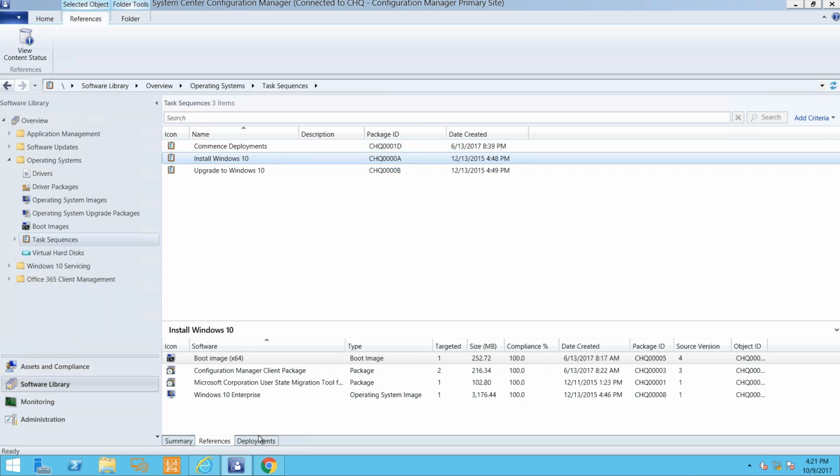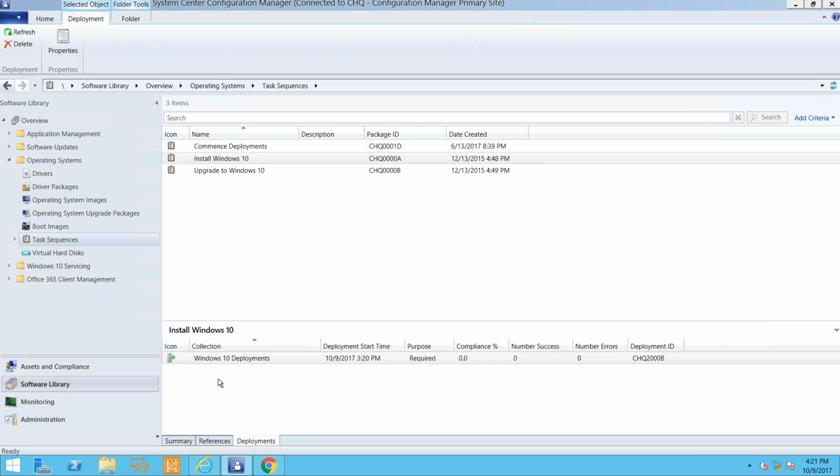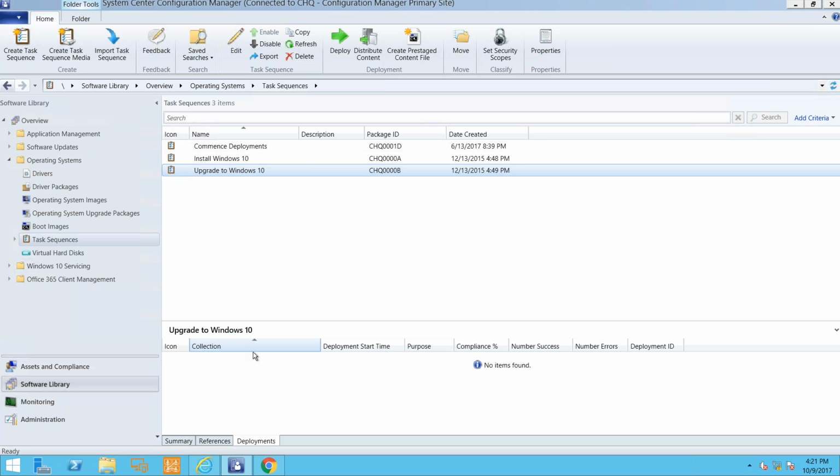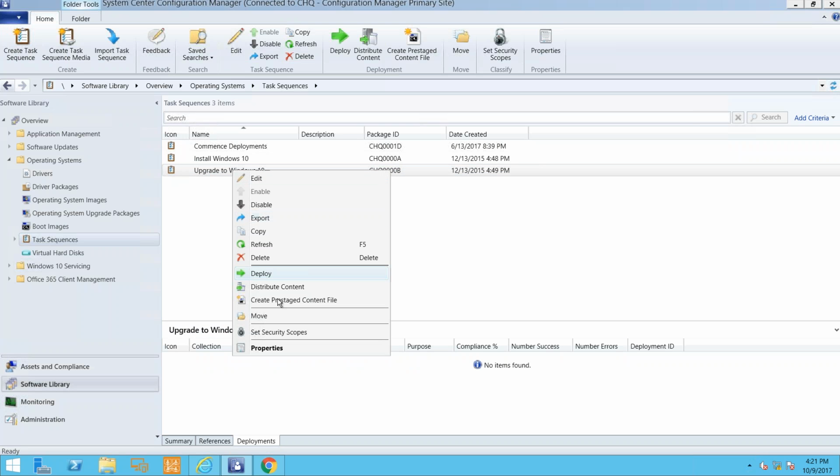Then all you do is create a deployment. So here's the deployment that I have for Windows 10 deployments. You can see it's a required task sequence. It's going to a collection called Windows 10 deployments, whereas for your upgrade, you'd just go ahead and deploy that. So if I show you that risky scenario, if I do a deploy on this one,